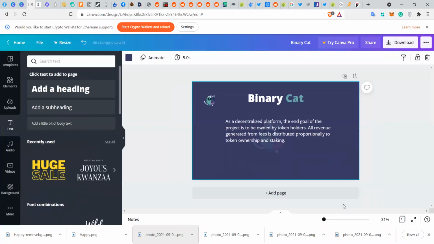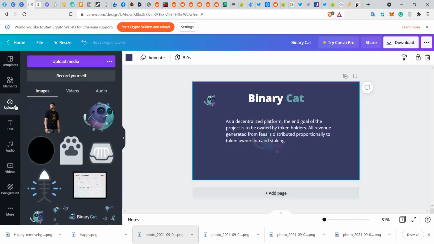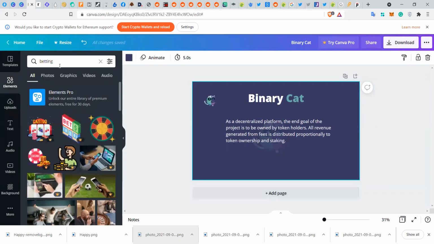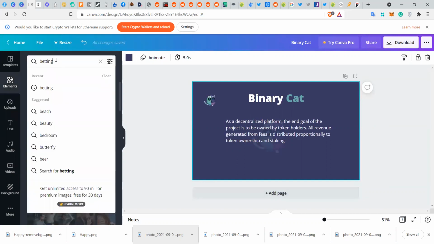So I'm going to add another thing again to this binary card. I'll look for another picture. I think I've touched that side. So let me add elements to this. Yes, elements will be fine. Okay, it's a decentralized platform. The end goal of the project is owned by token holders. All right, I'll look for,